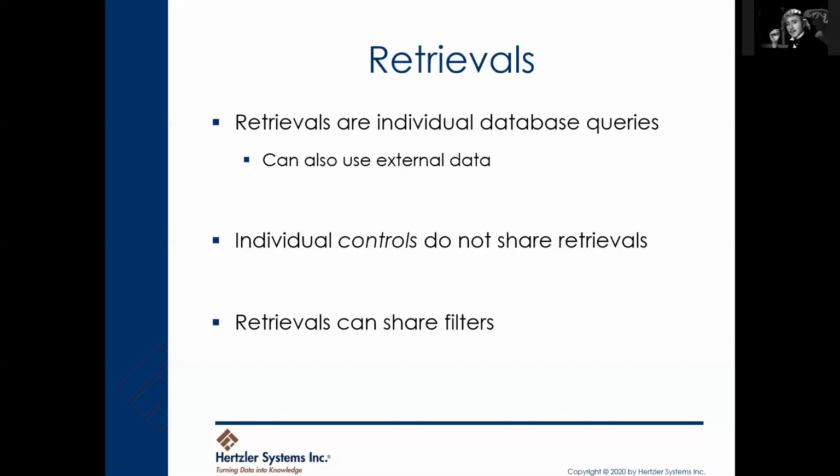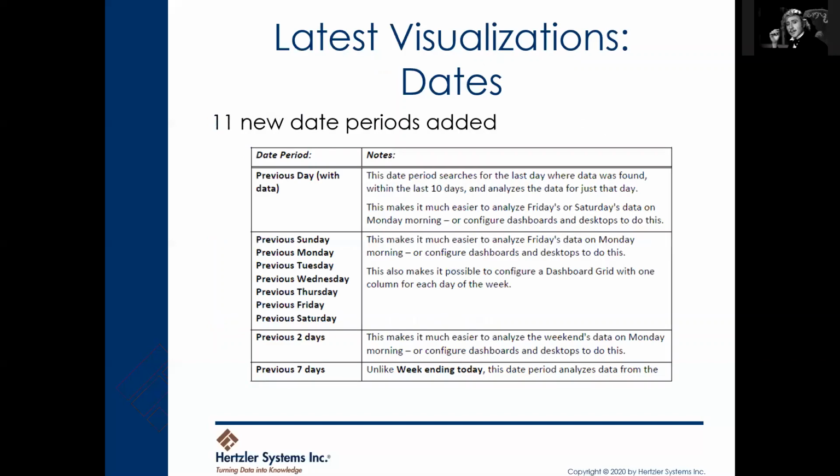All right. Exactly. So now I want to look at a couple of things that are relatively new, at least since the last time we did a video about dashboards. This one actually may have been in the last one. It was introduced in 8.9, I believe. And if you've been using a version of GainSeeker that is either 8.9 or newer, you've already seen this. We just added a whole bunch of date periods to make it easier to select basically human readable times. So yesterday or last Thursday. It's pretty self-explanatory, so I won't spend too long on it